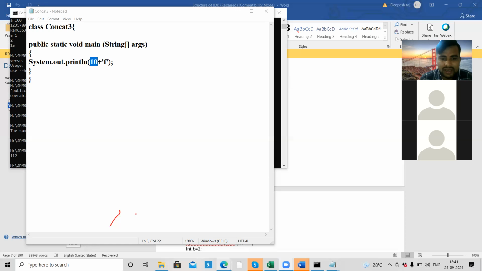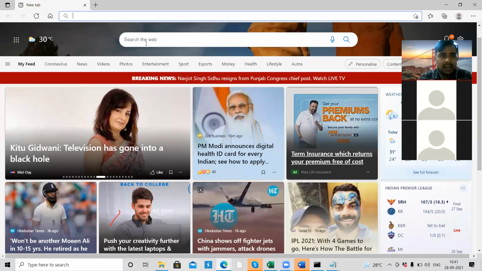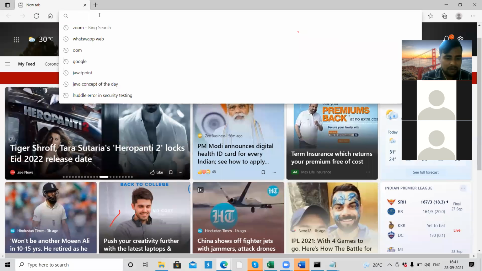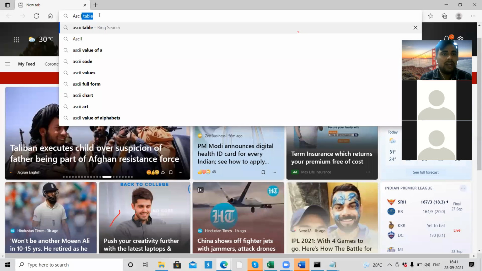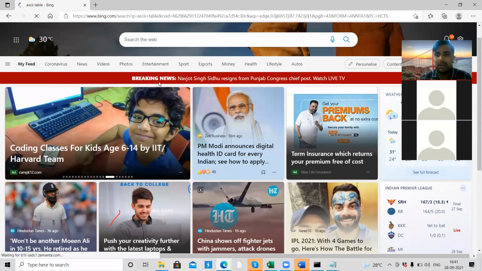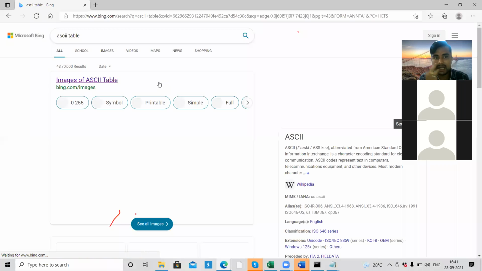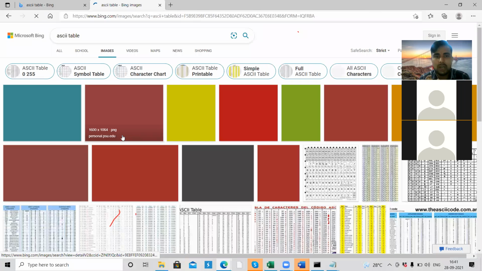I'm going to navigate to Google and open a table called the ASCII table. For each and every character they have assigned a value, and we call that value the ASCII value.